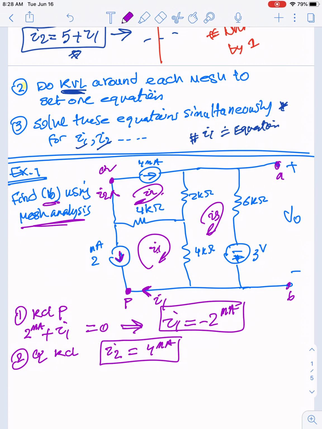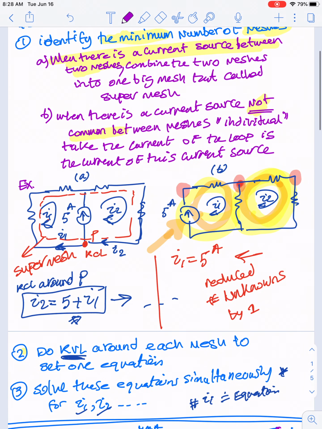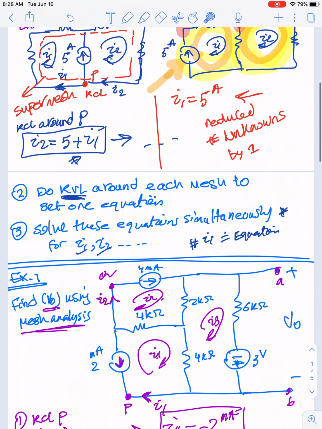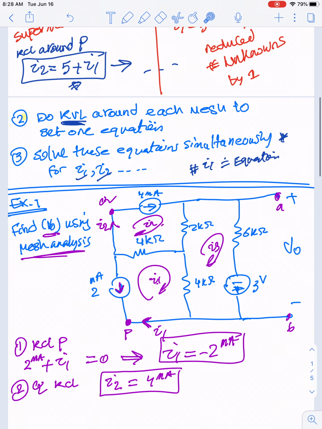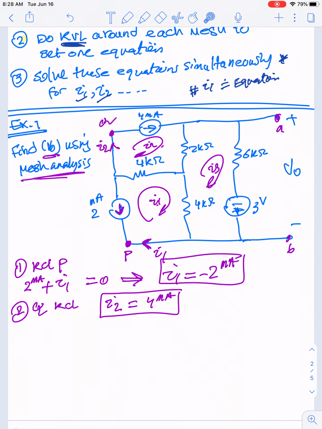So the second step, after identifying the minimum number of meshes by following these two steps, I have to do KVL around the rest of the meshes. So we have only one mesh here that has an unknown, which is I3. So I will do KVL, step 3, KVL around loop or mesh 3. Okay, so in order to do KVL around mesh 3, we have here 4, because the current I3